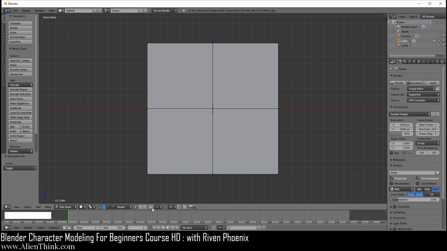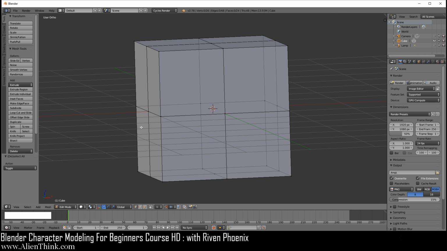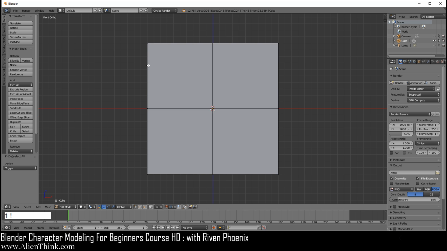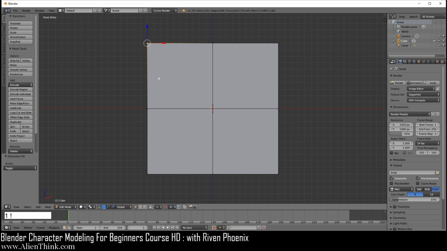So remember, I have this option selected. I want to be able to select all these vertices over here from my front view. Rather than doing the right mouse button, because if I do my middle mouse button, it shows you that it only selects one vertex over here. And then I'm going to go to my front view. So I'm going to press the C key. What the C key allows you to do is simply select all vertices that come inside this circle.